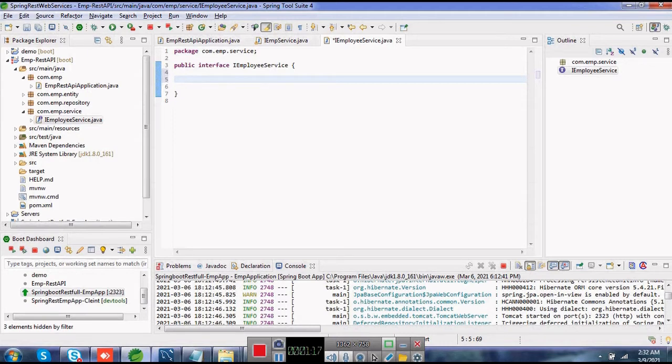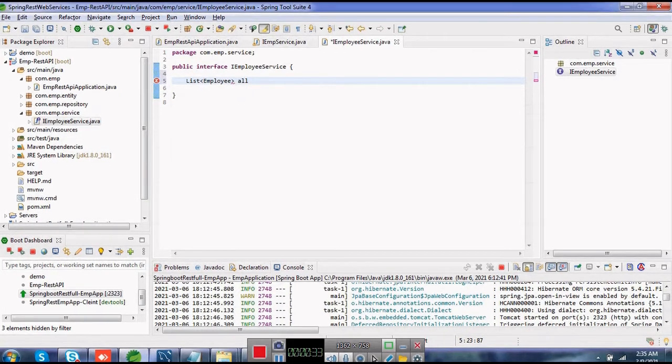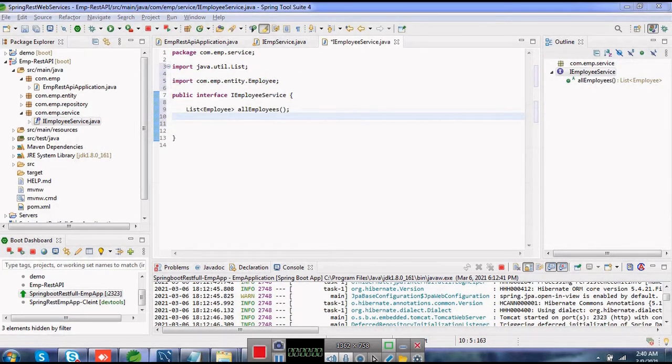First I can go for the listing of employees method declaration. The return type is going to be List, with the name all employees. Next I'm going to create the method for searching an employee by a particular ID.